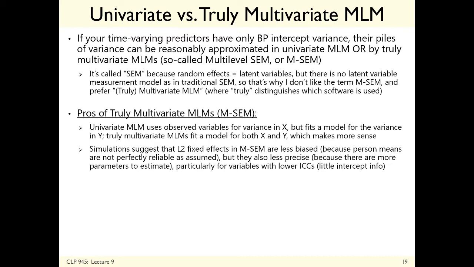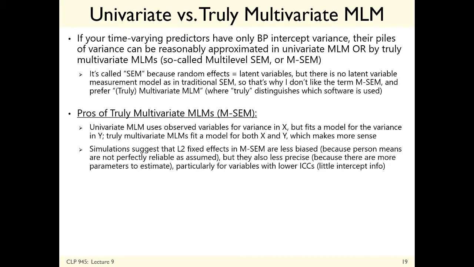There is some research suggesting that because you are assuming that the person means have perfect reliability when they don't, the level 2 between effects are downwardly biased when you use a person mean observed variable relative to a latent variable. It's the exact same reasoning by which people want you to do structural equation modeling rather than path modeling. You're supposed to be correcting for measurement error, and so the relationships among the disattenuated latent variables should be stronger